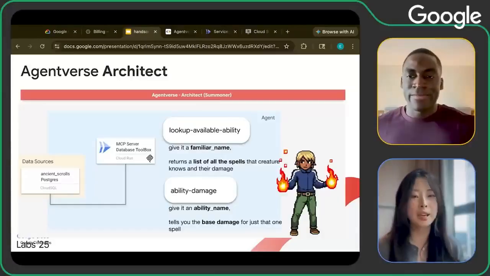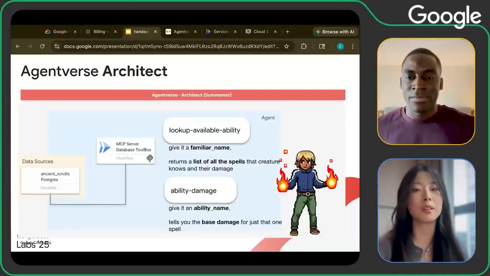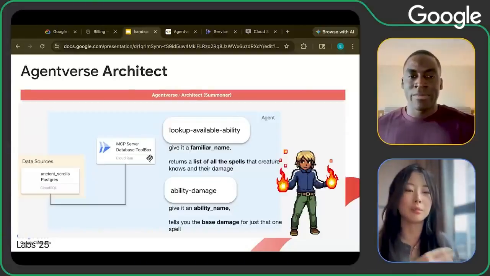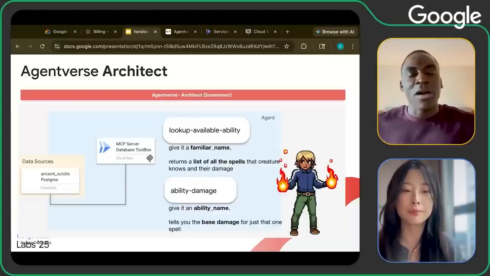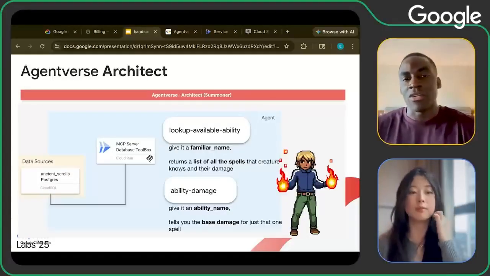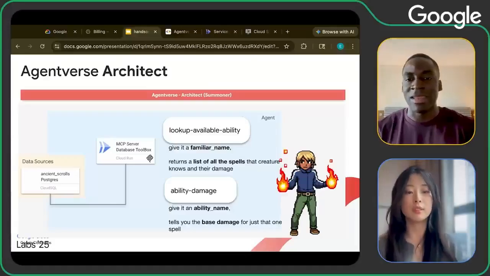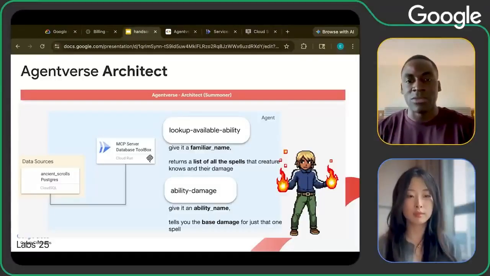I am curious, if I'm not using Database Toolbox and simply build a normal MCP server, how would I connect to or query this? How would I build an MCP server that queries from this? Oh, sure. Great question. You would probably be leveraging, within the logic of that custom MCP server, logic that authenticates and then executes commands against whatever database, whether it be something like Cloud SQL or Cloud Spanner and so on. The nice thing about MCP Toolbox, Database Toolbox, is that it